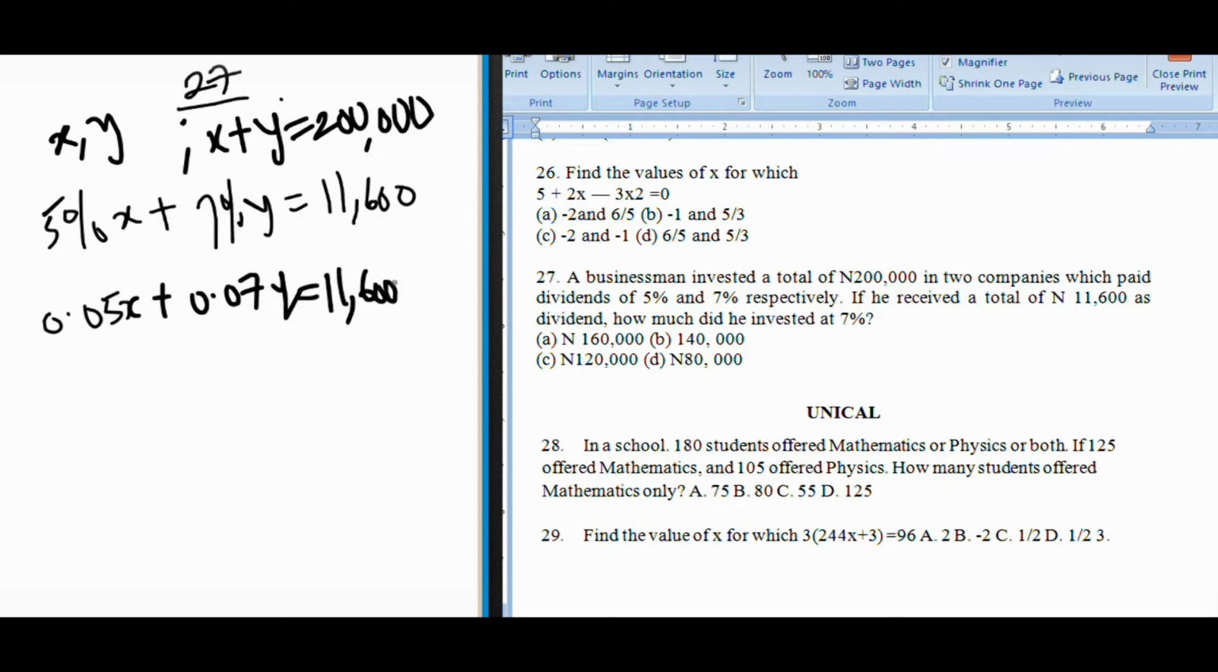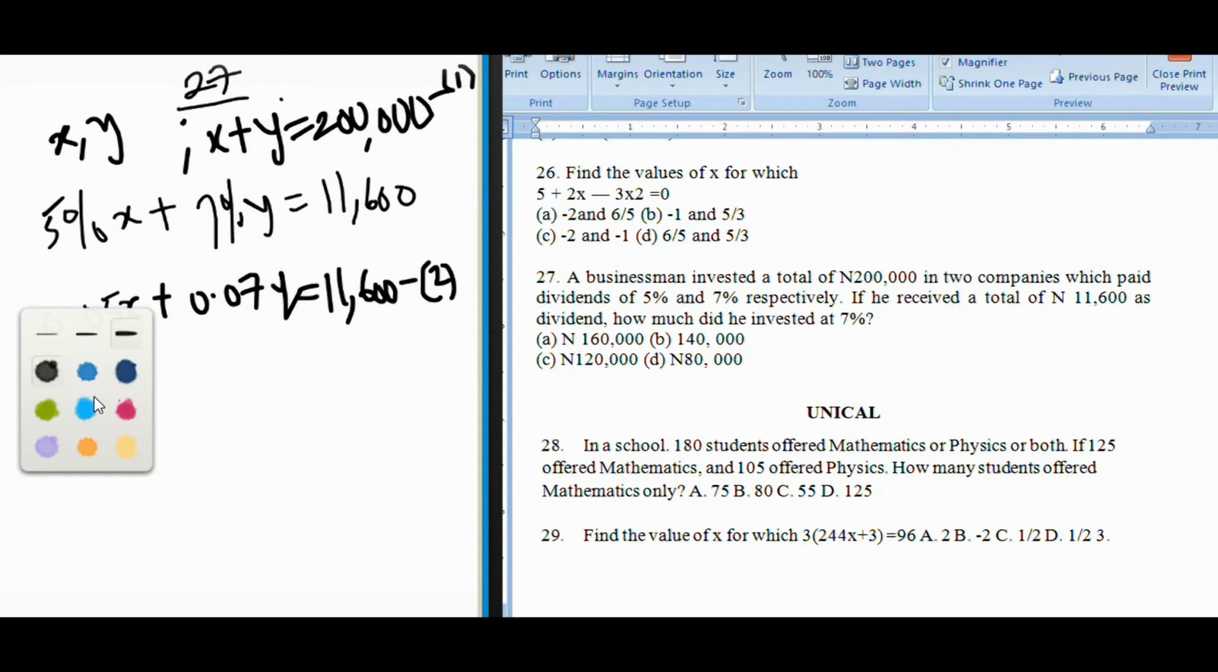Okay? Now, since we are looking for the amount invested at 7%, which means we have to eliminate X. The amount invested at 7% is Y. So, we are interested in getting the Y. So, let's eliminate our X. How do we eliminate our X? We can use the elimination method. Now, since the coefficient of X are not the same in the two equations, then we just multiply equation 1 by 0.05 in order to make them equal. So if we multiply equation 1 by 0.05, then that will give us